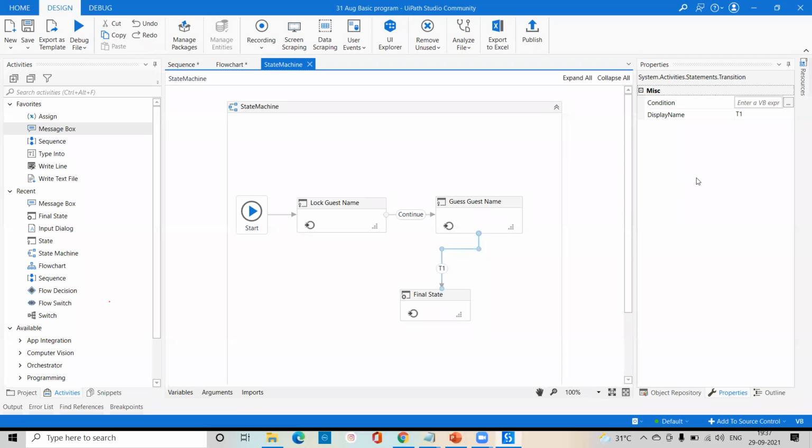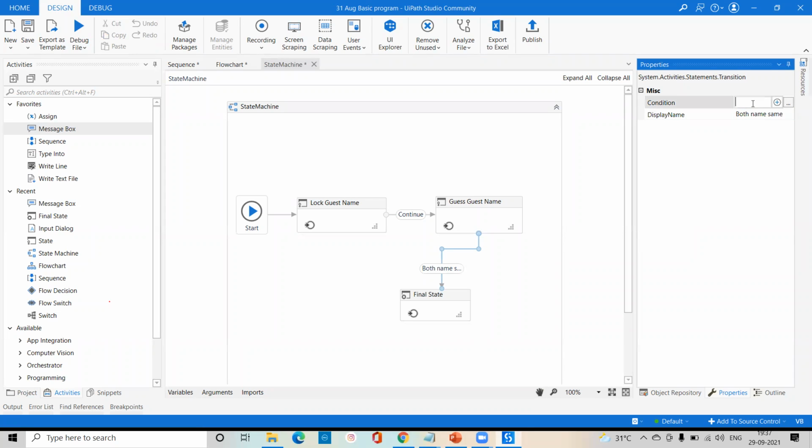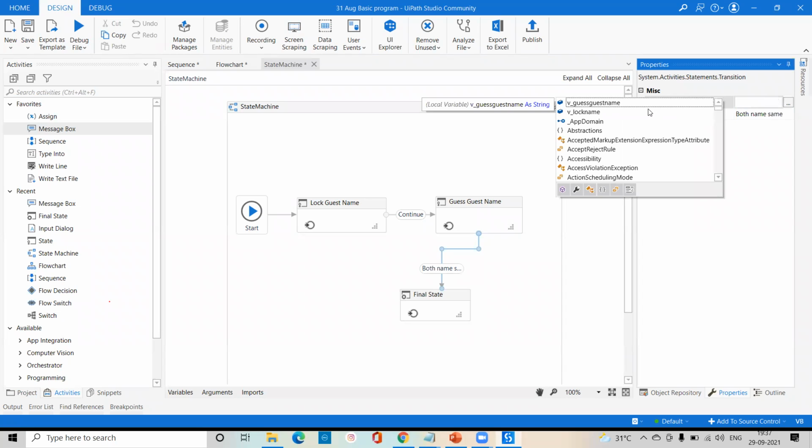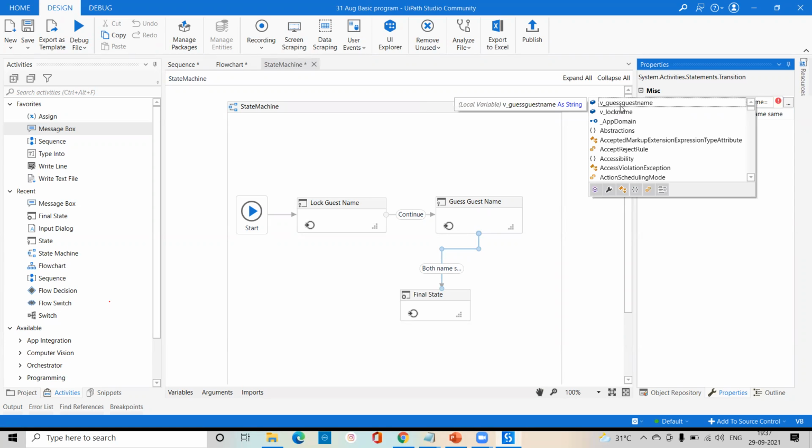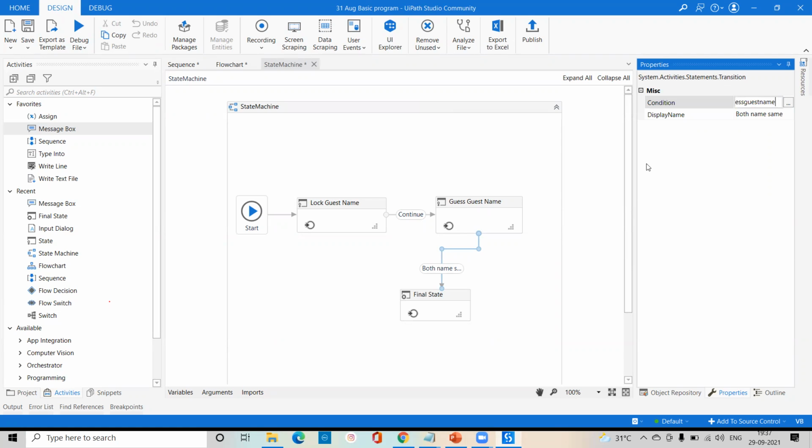I can pass "both name same." And here we'll pass the code, something simple: log name equal to guest name. So the same condition. Right now we'll check whether this program is working fine or not. Let me show you these things. We're going for run file.